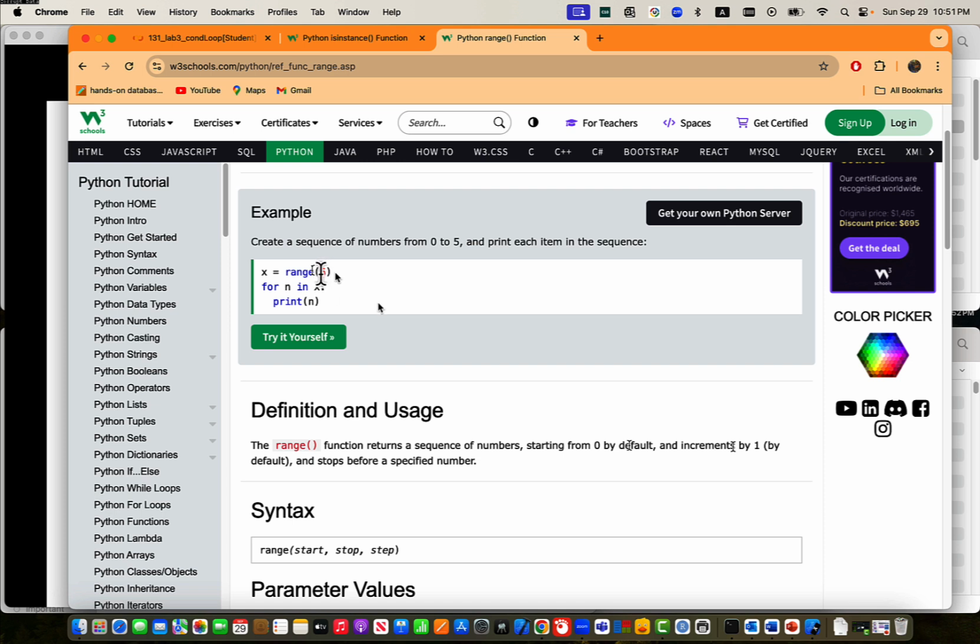If you state only one, it means you assume it counts from 0 and the increment is 1, and it stops before the specified number. So it stops before number 6. So what it is that x is range 6. This itself is,